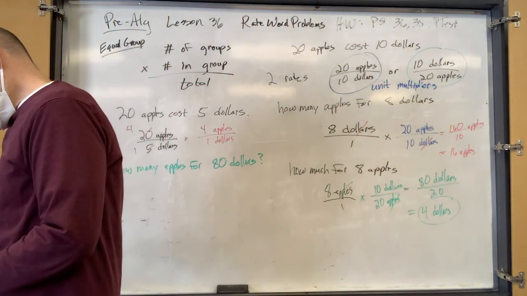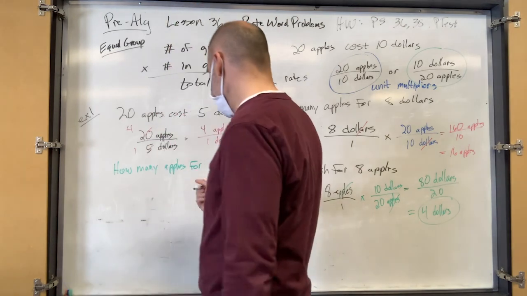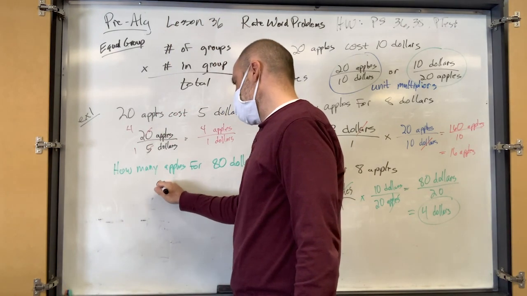You could also use unit multipliers. You could say $80 over 1,